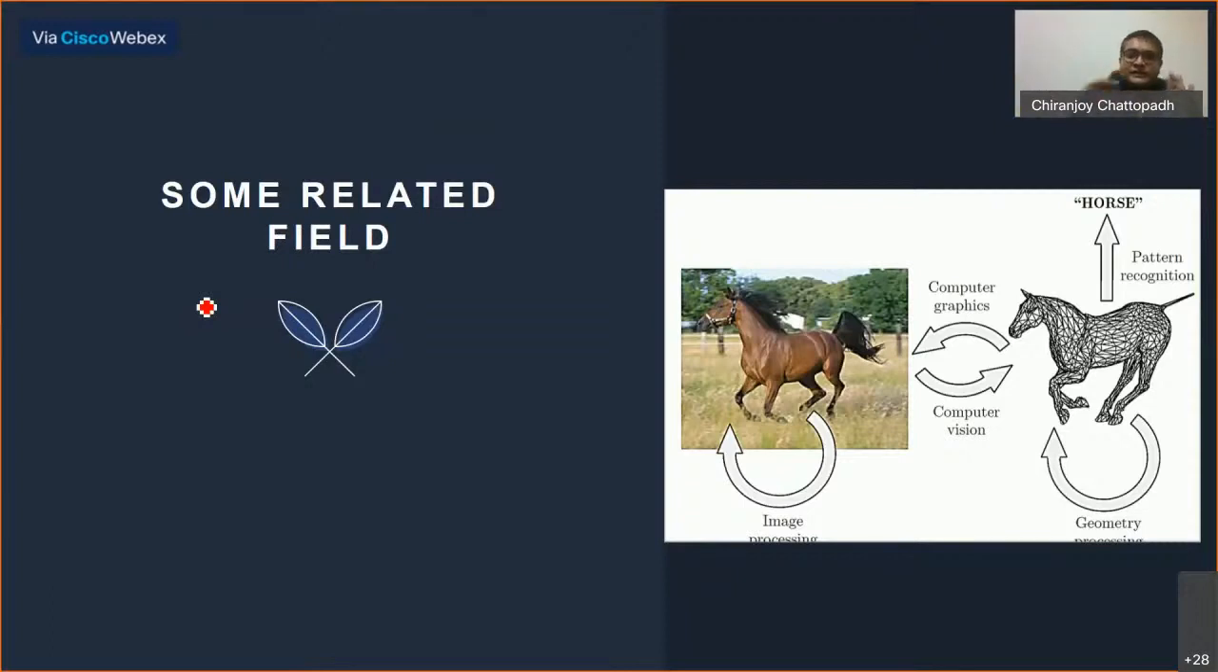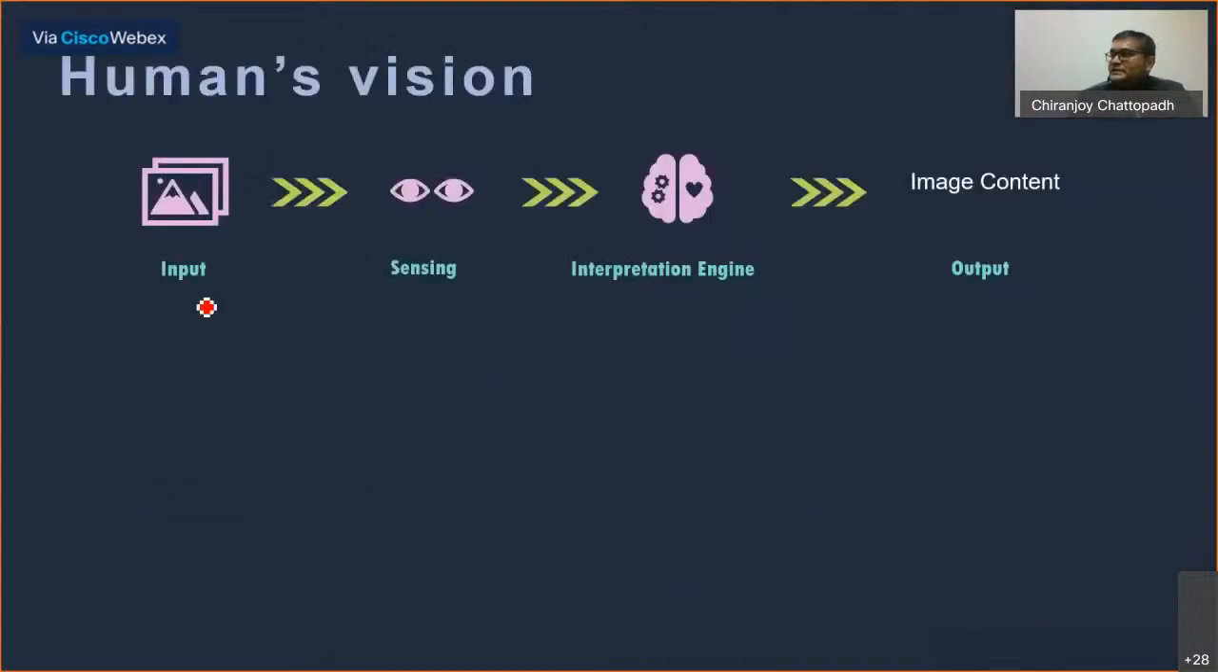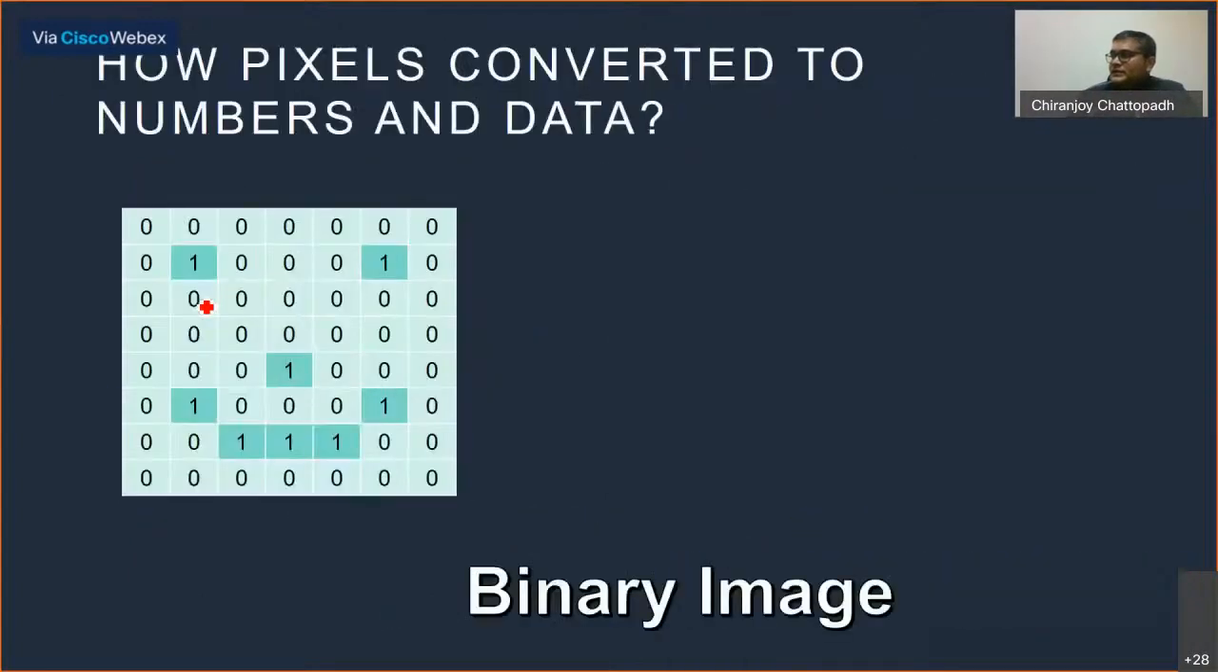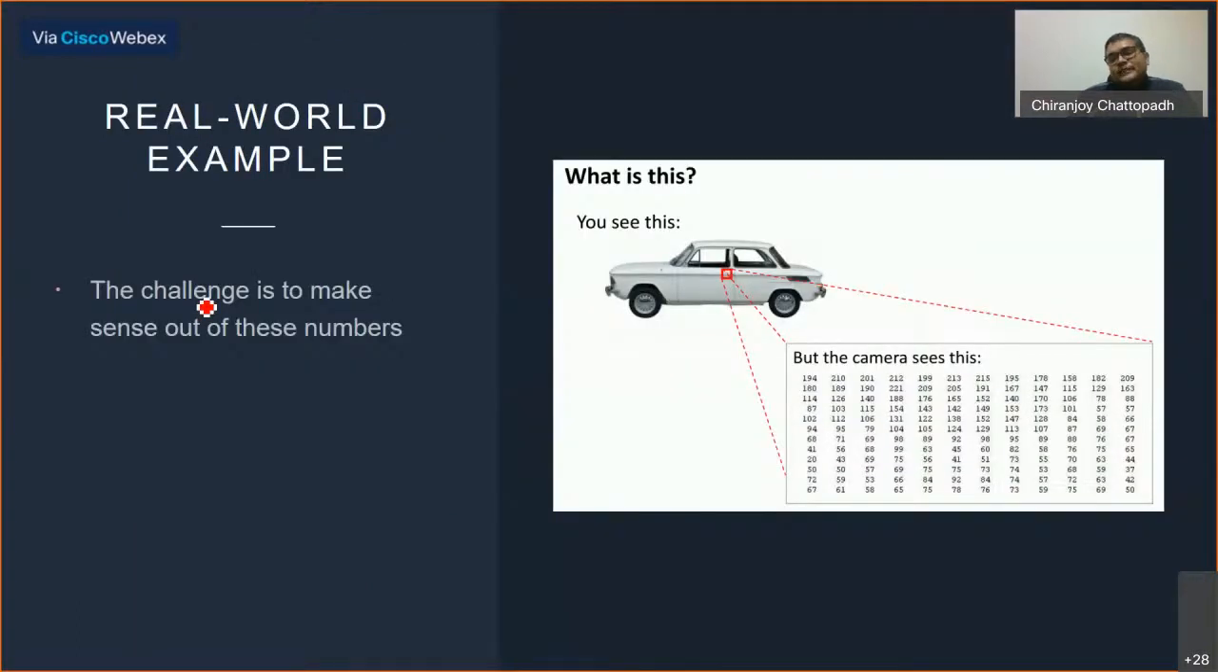At the end of the day, it's all about those matrices. Let me just go back a few slides. It's about this matrix representation, which is critical, and from this we need to interpret and answer those questions, whether we are able to detect whether a particular object is there, a particular task being performed